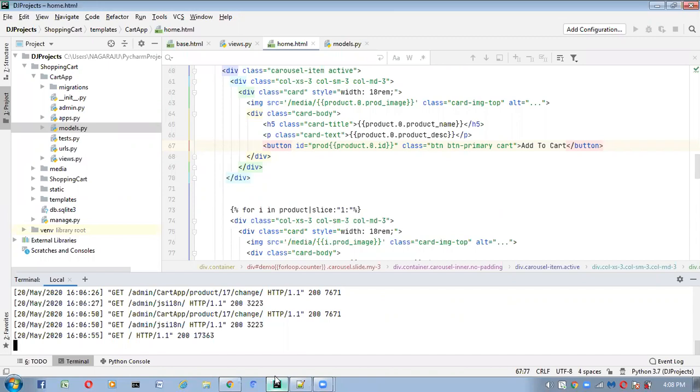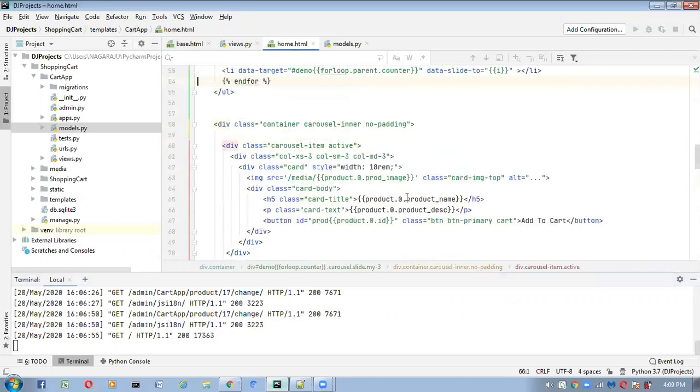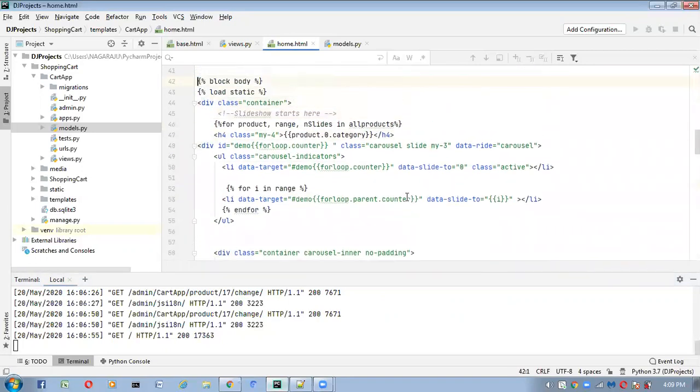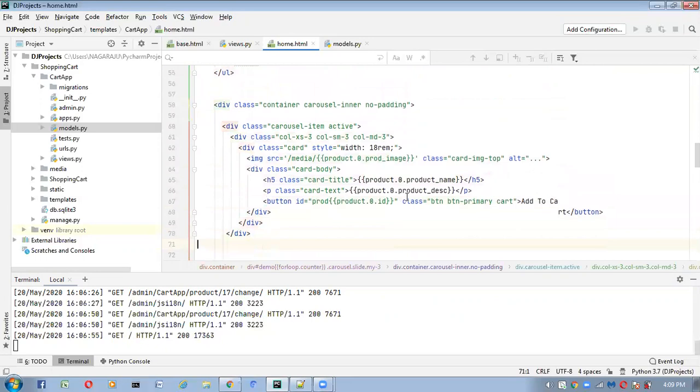If you observe, here we are taking one default cart, the first one.